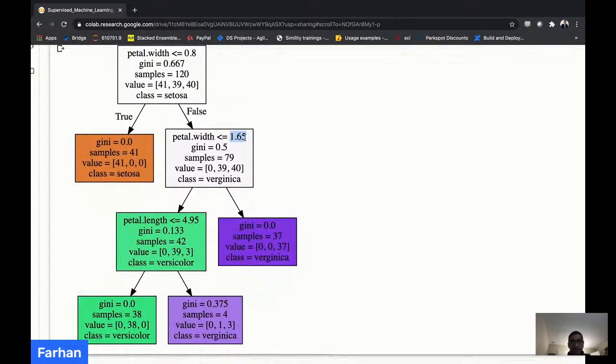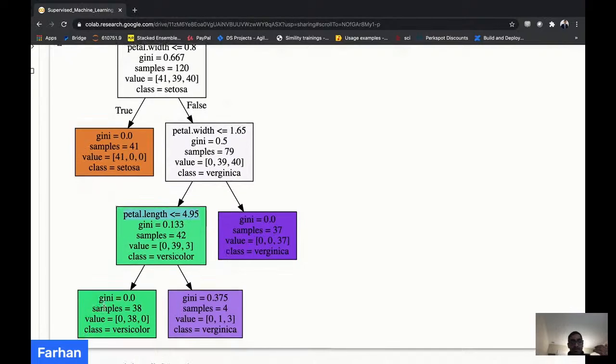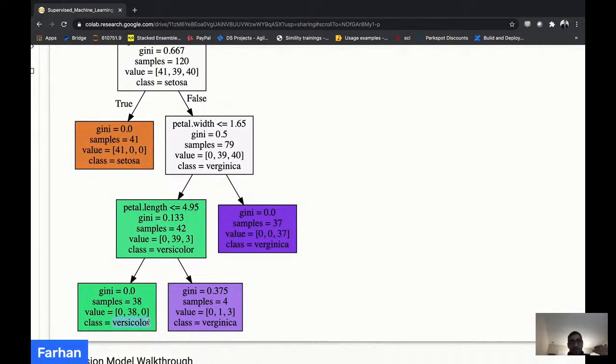So if the value is less than or equal to 1.65, then it is predicting that the class is Virginica, but it's also creating multiple subconditions that further break the tree down. So we have again split the tree into two parts. Here again it is checking if the petal length is less than or equal to 4.95, then it is classifying the final outcome as versicolor. And if it is not less than 1.65, then we look at this condition, and it's finally saying that this belongs to Virginica. So this is a very intuitive way to understand how the decision tree model is making decisions,